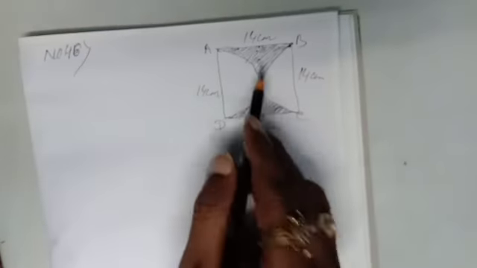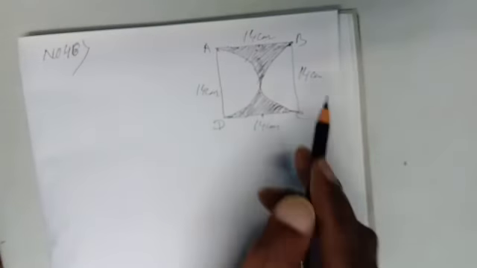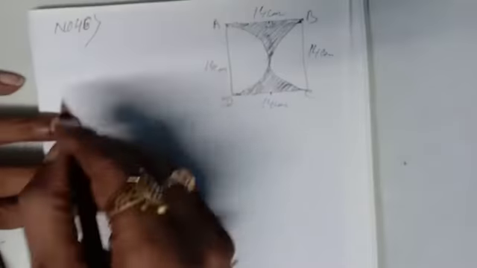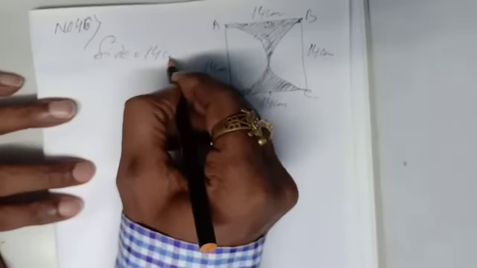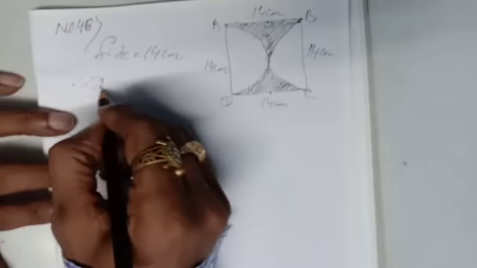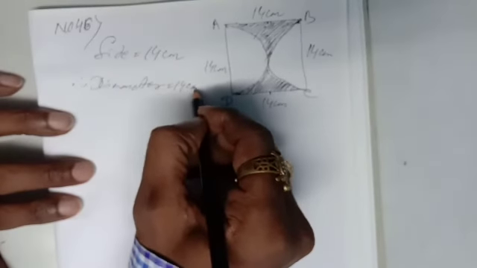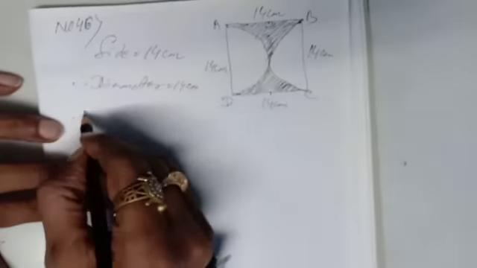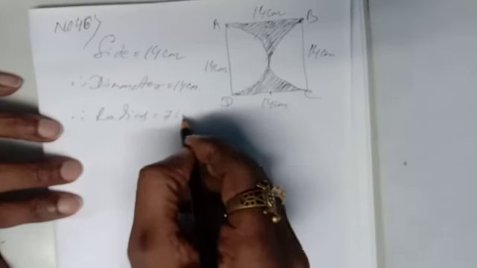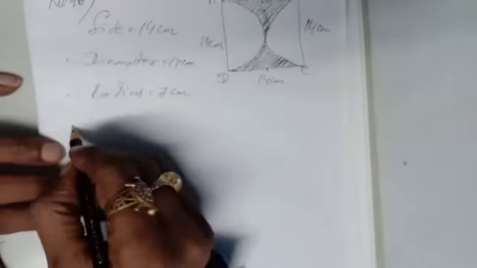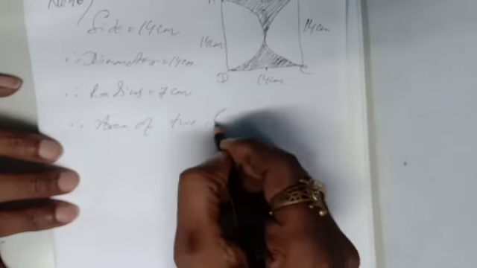How to find out the area of the shaded portion? Means area of the square minus area of two semicircles. Okay, side is given 14 centimeter, therefore diameter is also 14 centimeter. Okay. Therefore radius will be how much? Radius equal to half of the diameter, that is 7 centimeter. Therefore area of two semicircles,